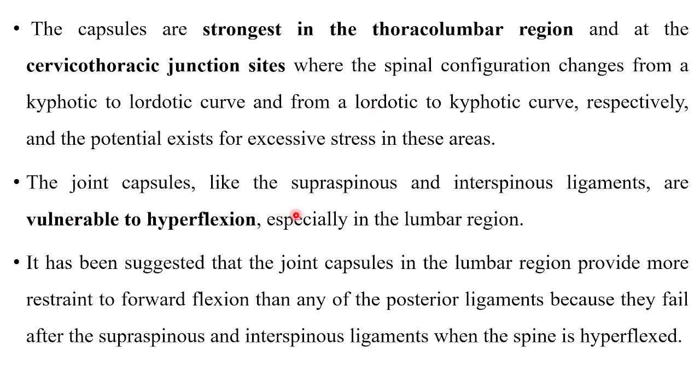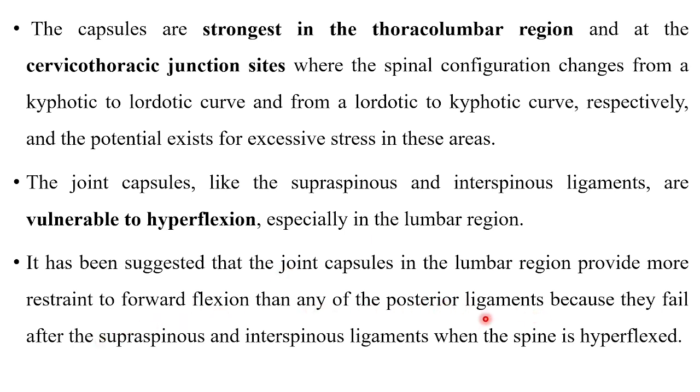The joint capsules, like the supraspinous and interspinous ligaments, are vulnerable to hyperflexion, especially in the lumbar region. During hyperflexion motions, the supraspinous and interspinous ligaments are the first to fail, along with your joint capsules. So all these ligaments as well as your capsules are responsible for preventing excessive hyperflexion in the lumbar spine. It has been suggested that the joint capsules in the lumbar region provide more restraint to forward flexion than any of the